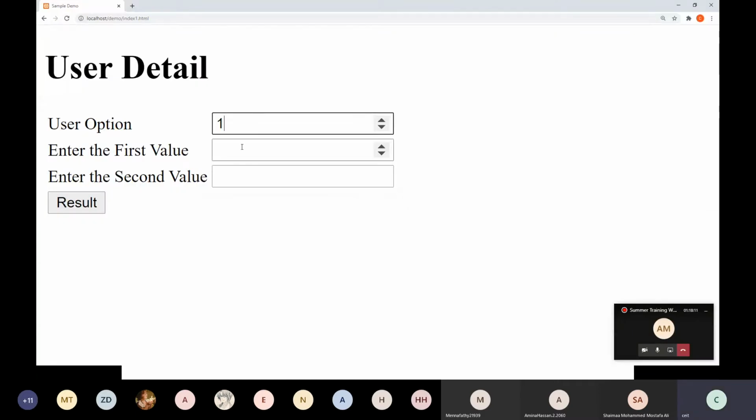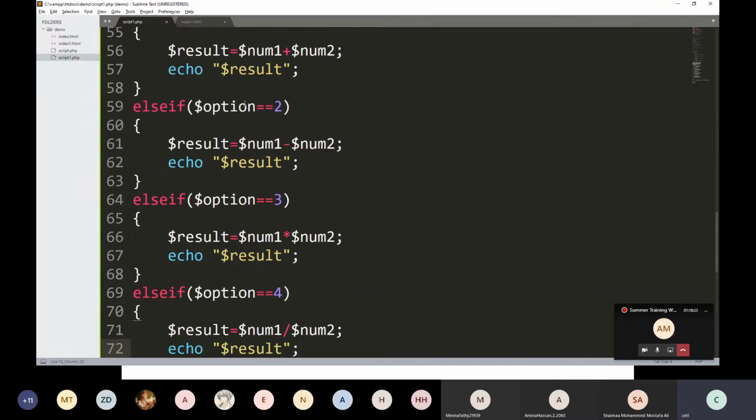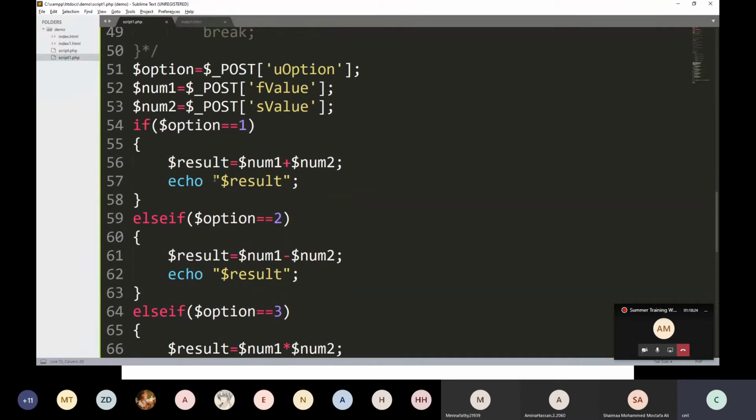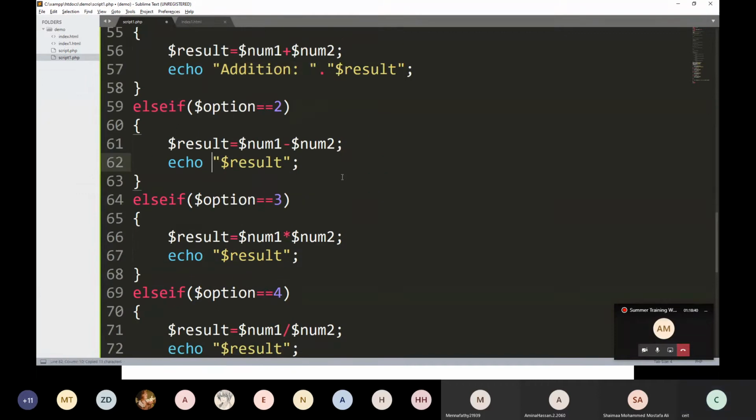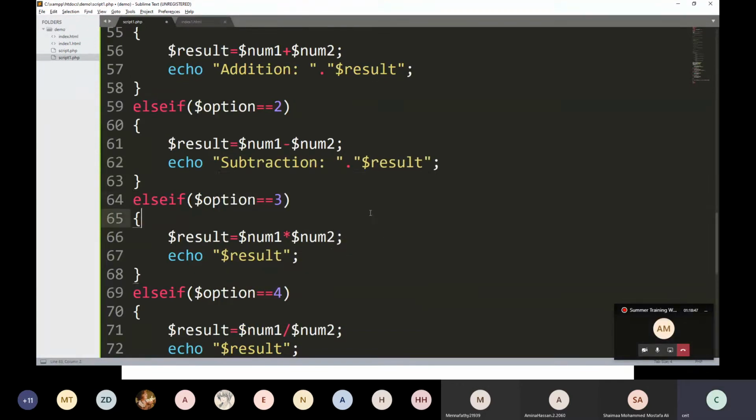Now suppose I put 1, then 10, then 20. It's showing 30 because I am printing only the result. If you want to print something else with the result, then you have to write, suppose, addition dot. Then copy, paste, subtraction dot.